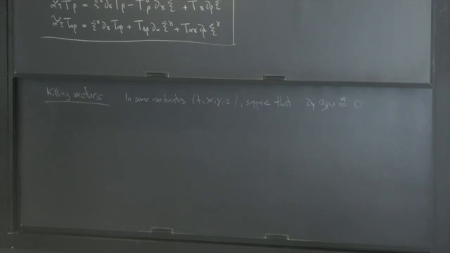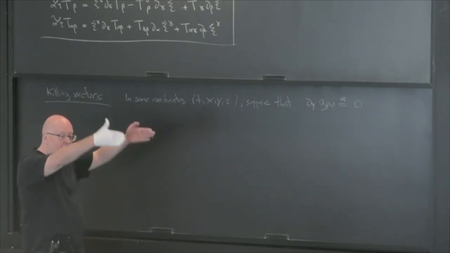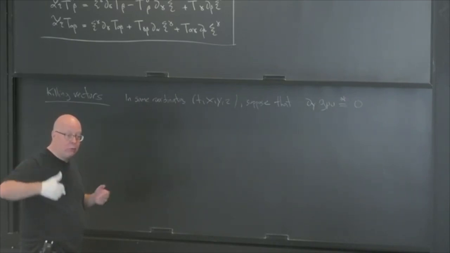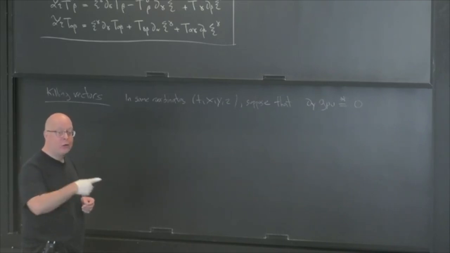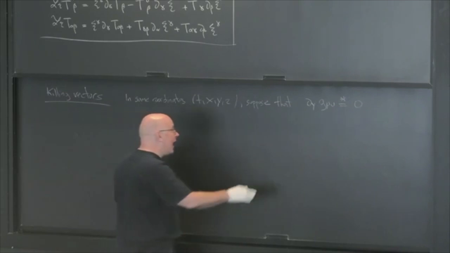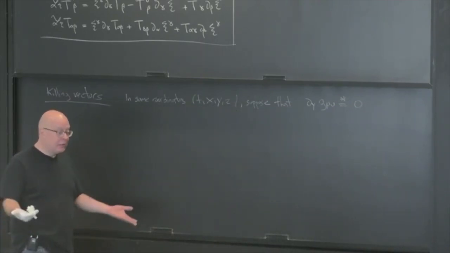So the metric would be invariant under that kind of transformation where we move everything up in the y direction. So y could be a linear coordinate, then we would be talking about translations. It could be an angular coordinate, we would be talking about a rotation. So the idea is that we have in some coordinates the notion that the metric is invariant under at least